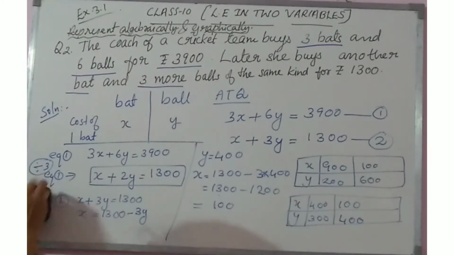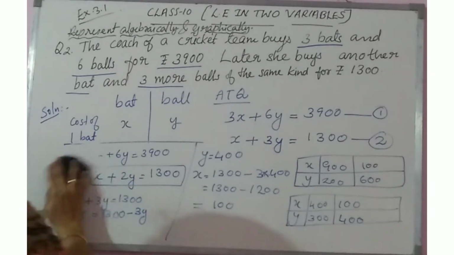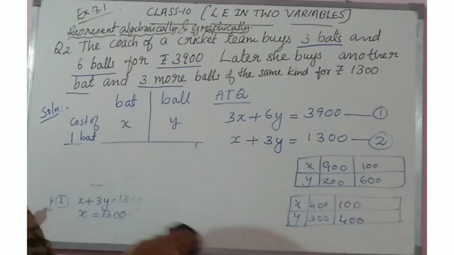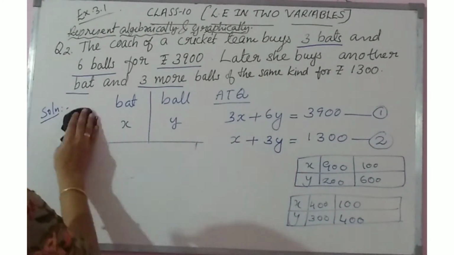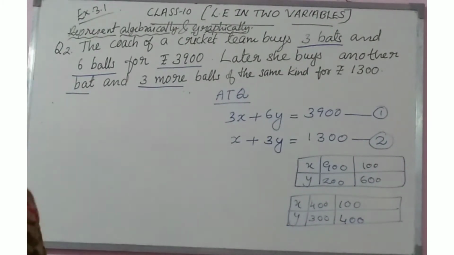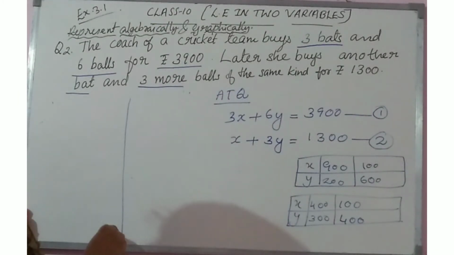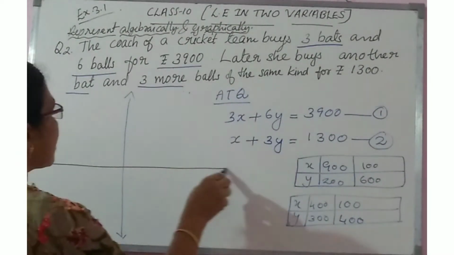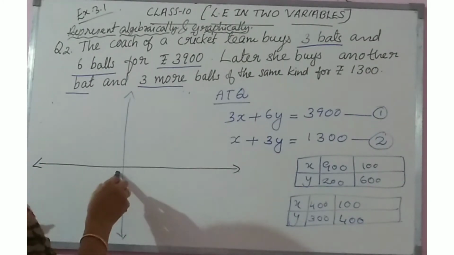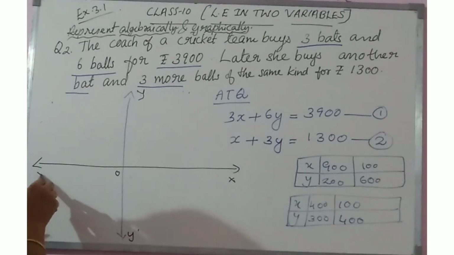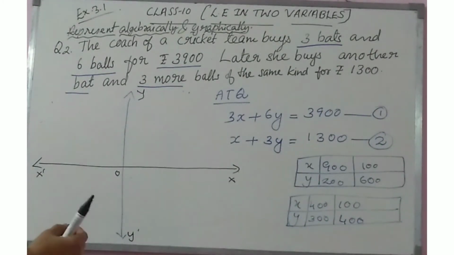Here I am not having graph paper, so I am going to show that in this board only. I will show how to plot the points. You have to plot it in the graph and you have to check. So here we should draw first the y-axis, and then you have to draw the x-axis. Here it is the origin. Here y dash you have to write. Axis name you have to put, always you have to put axis name.